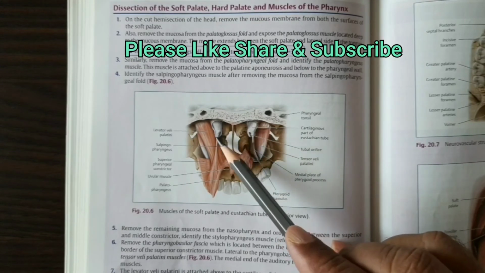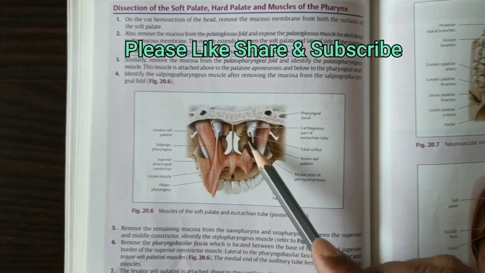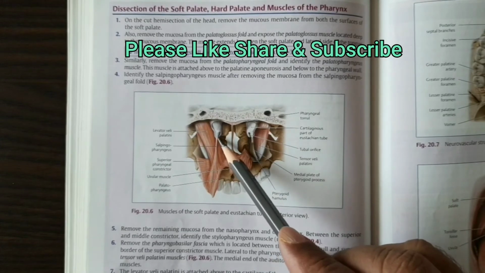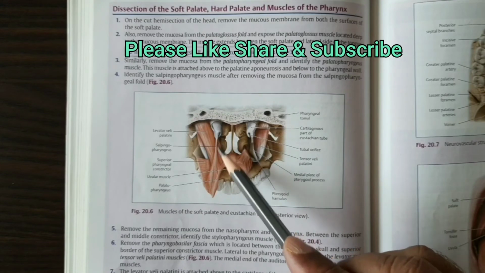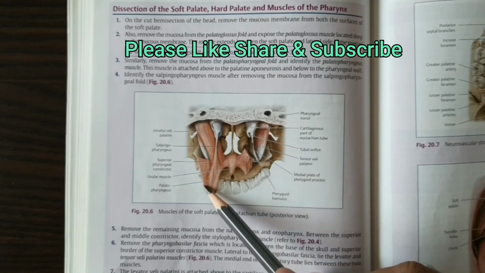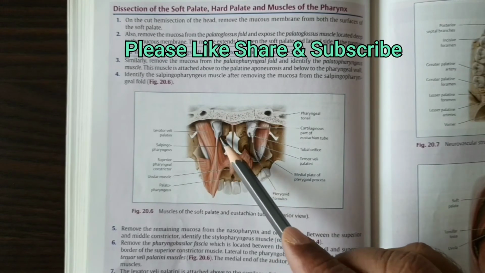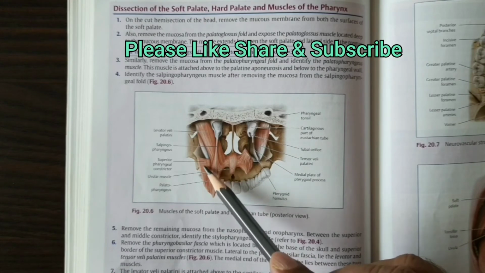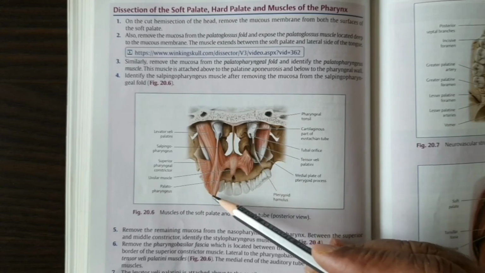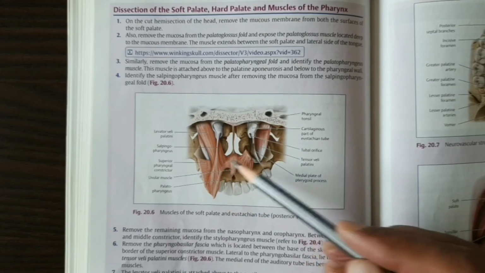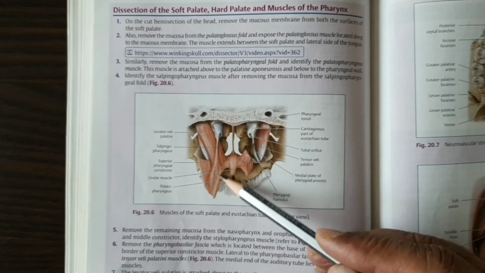The mucous membrane has also been removed from this opening of the auditory tube, and then you will see that from the auditory tube a longitudinal muscle is running, and this muscle is called salpingopharyngeus, which goes deep to the superior constrictor of the pharynx. So this is the superior constrictor, and this muscle spreads deep inside the pharynx. The second longitudinal muscle is also very small, and this is at the free margin of the palate. It starts and then goes towards the pharynx. This is a small muscle.